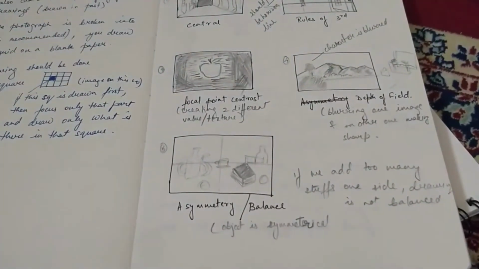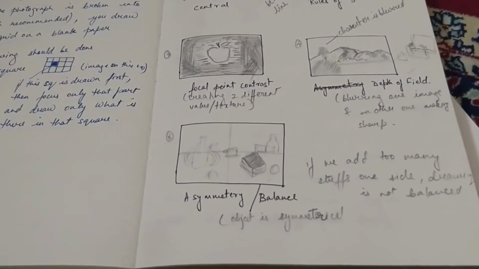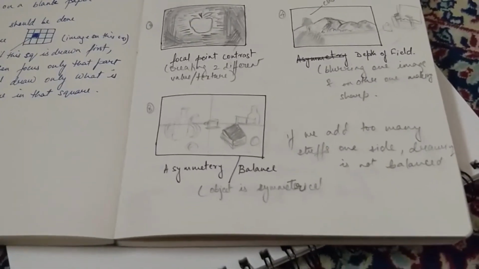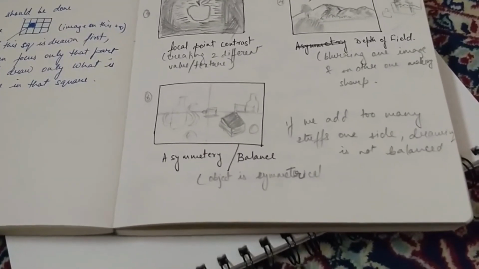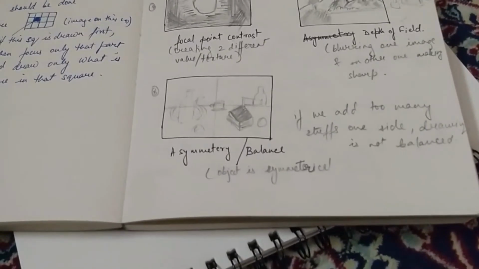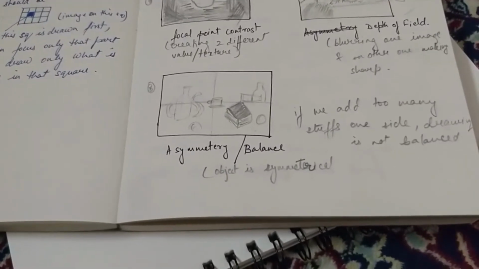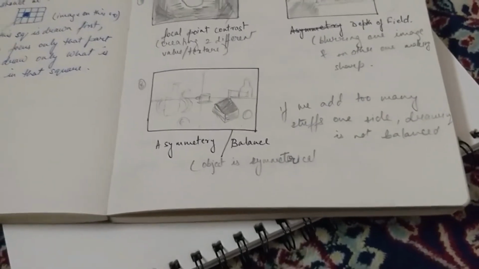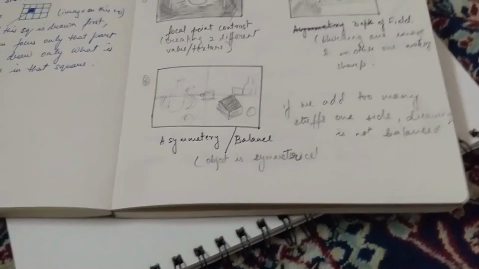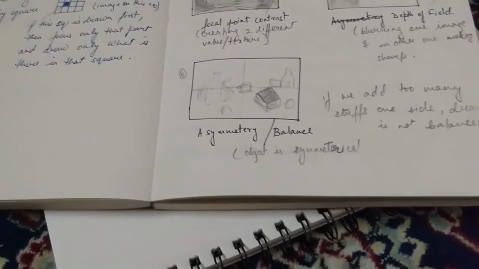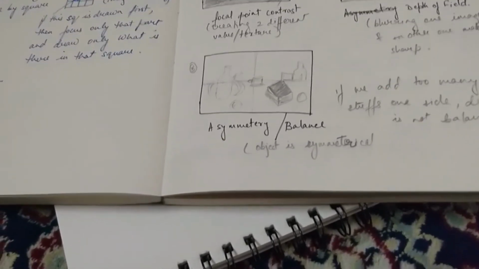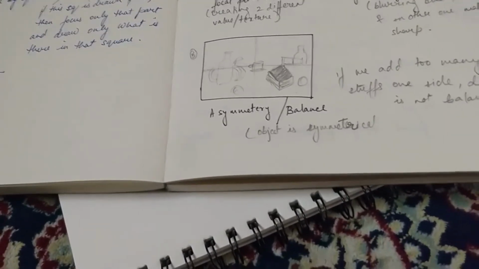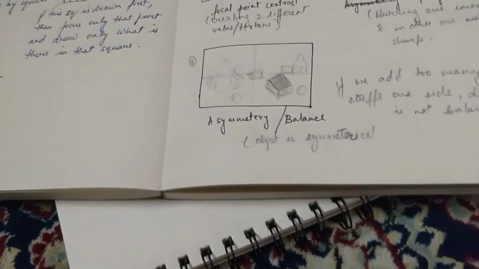Fifth one is symmetrical and asymmetrical. Now you have to balance the drawing, which is the most important aspect in any drawing. It doesn't mean that it has to have the same objects on both sides, or the objects in the same places on both sides, but it should be balanced. It should have the same heaviness or weight of the objects. It should not be like, okay, I have 10 trees here and I just have one house here. Then my landscape is wrong.